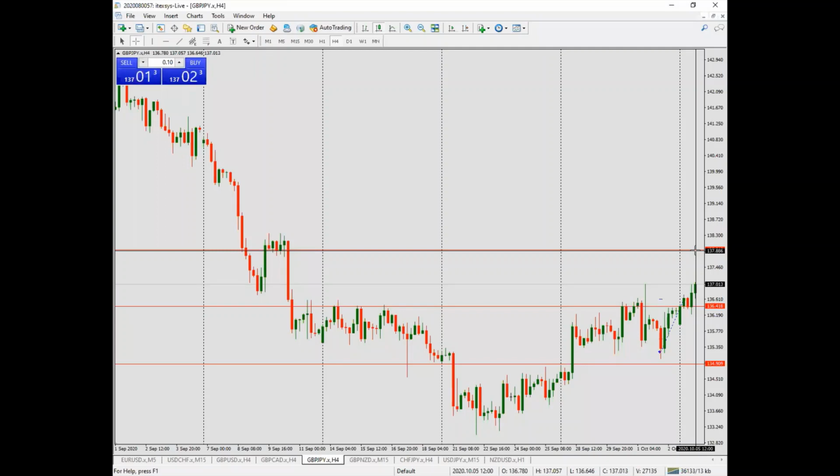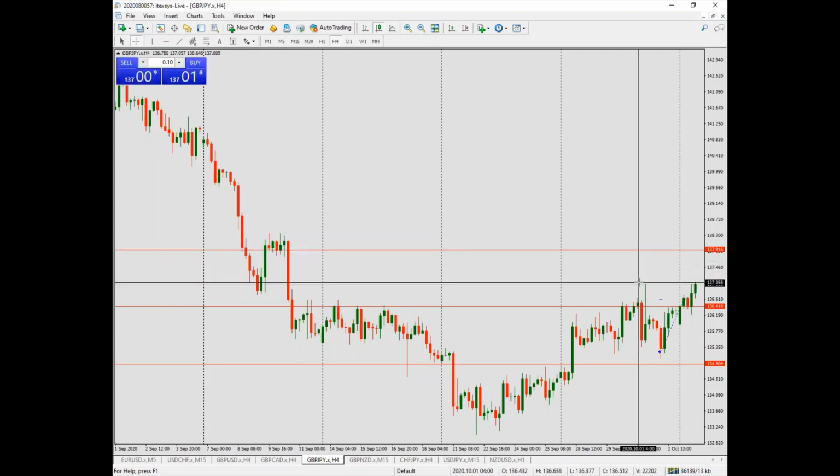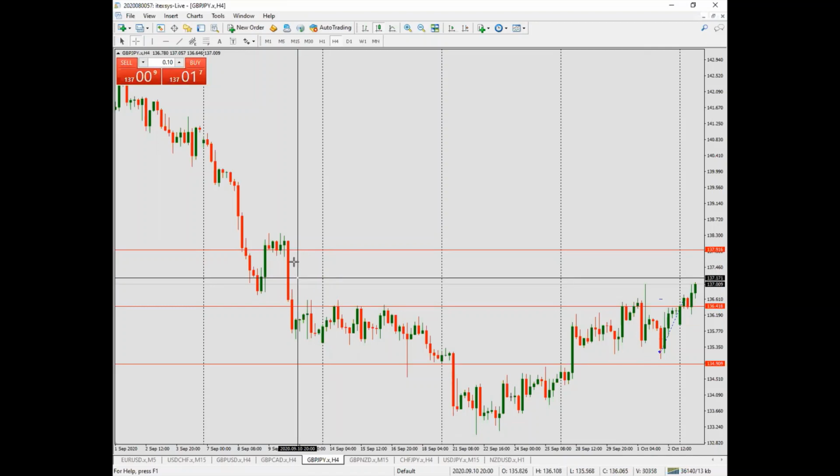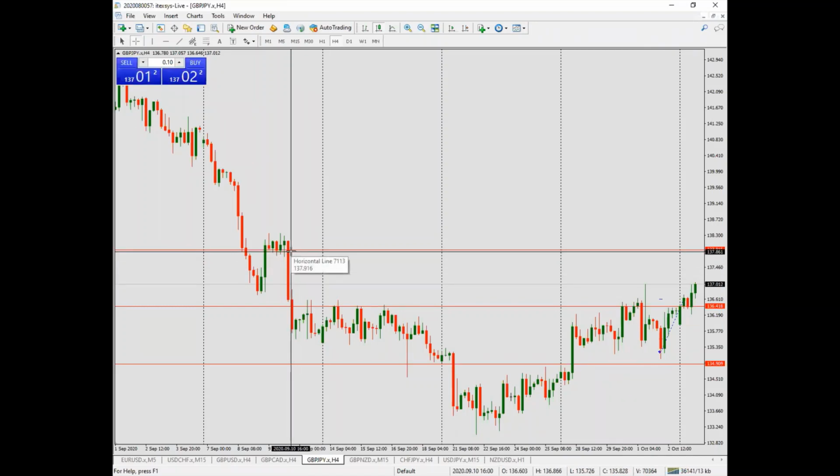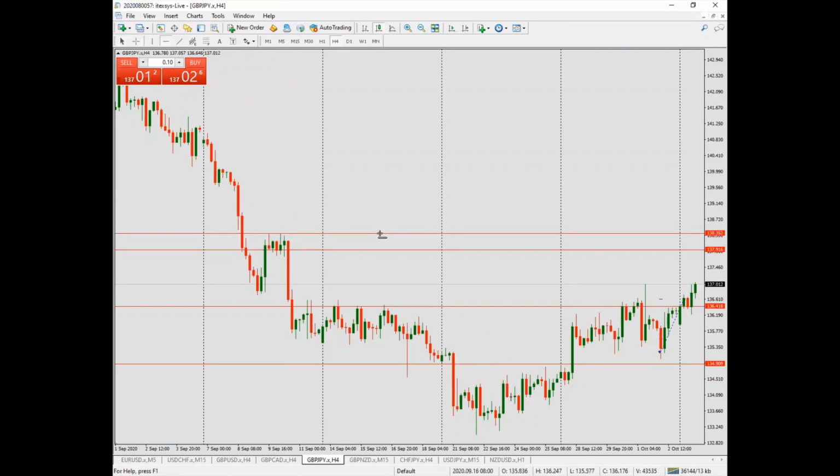Nothing is for sure, therefore we manage our risk, rolling the stop loss at the first opportunity and even during the trade itself. At the moment, this is where I will open a sell position as a swing trader or for the long term. That's a great level to open a sell position on the first touch of the price. This is about what we should risk. The stop loss can be just a bit above this level. And the final target, at least the first target, can be, as you can see, this support,